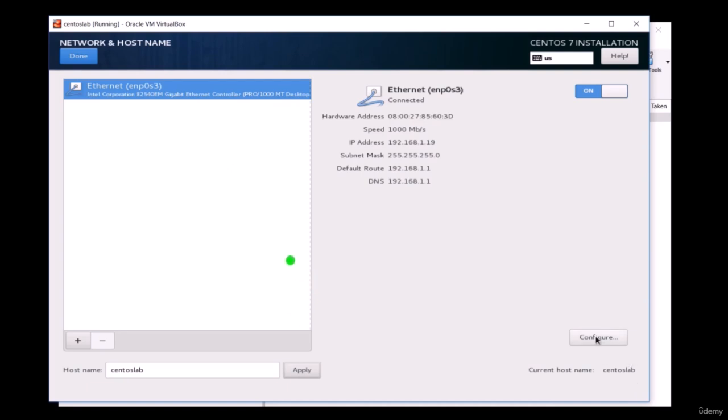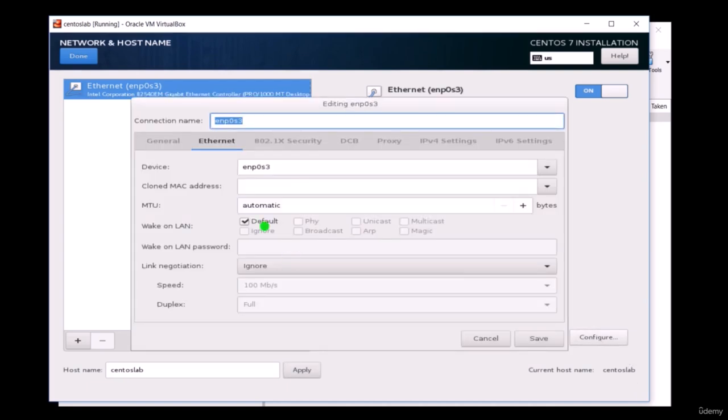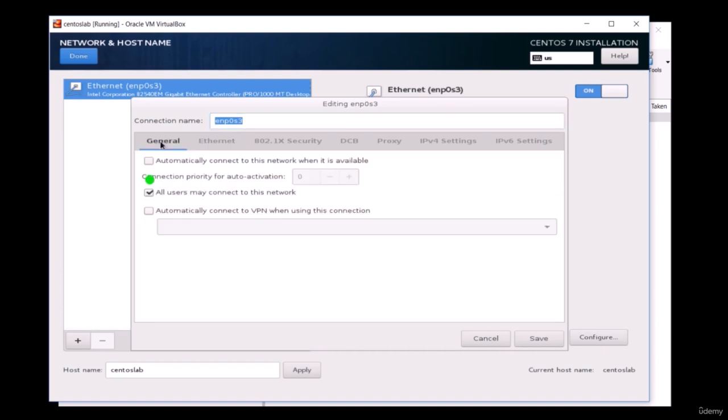Next thing is click on configure. There is a very important setting under configure as well. Over here we don't really need to change anything. You can look at these settings to get an idea of what they do, but this one is the general tab. You want to click on that, and this is very important. Check that automatically connect to this network when it is available. Click on save,